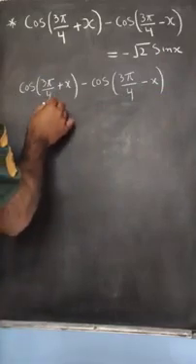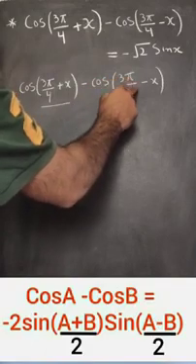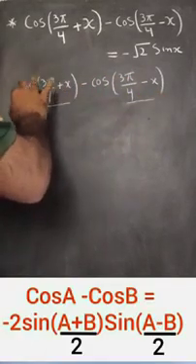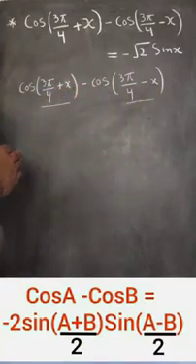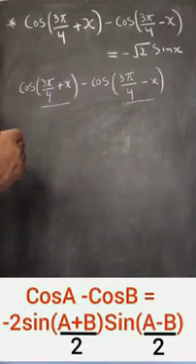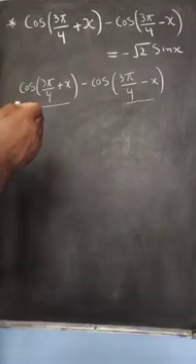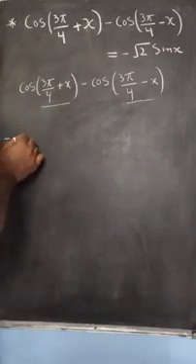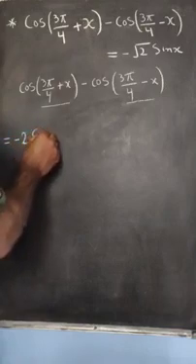Now if we treat 3 pi by 4 plus x as A and 3 pi by 4 minus x as B, then it is of the form cosine A minus cosine B. And we know that cosine A minus cosine B is equal to minus twice sine of A plus B divided by 2 times sine of A minus B divided by 2. So we can write it is minus 2 times sine